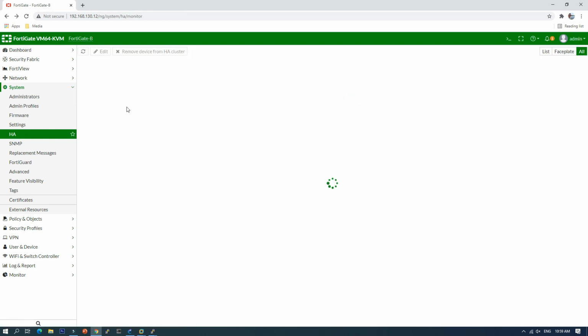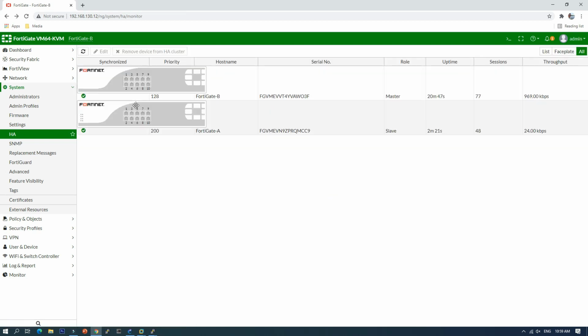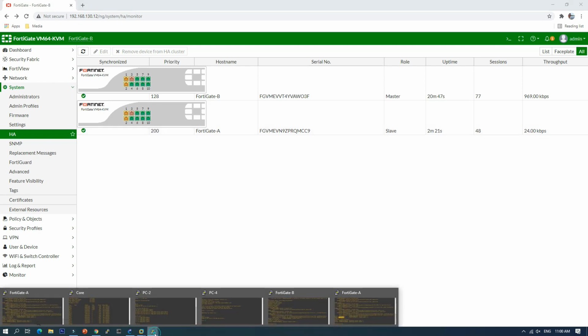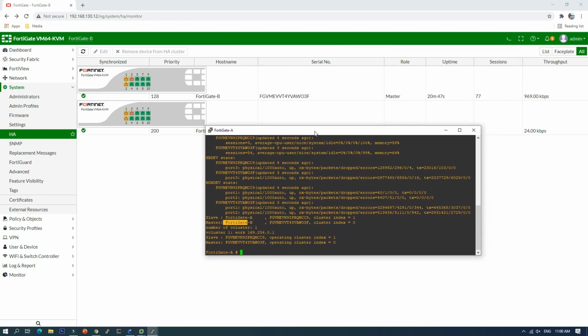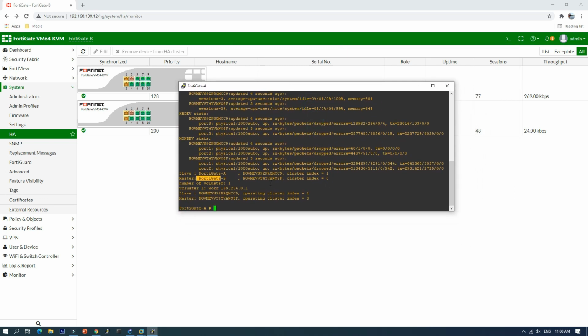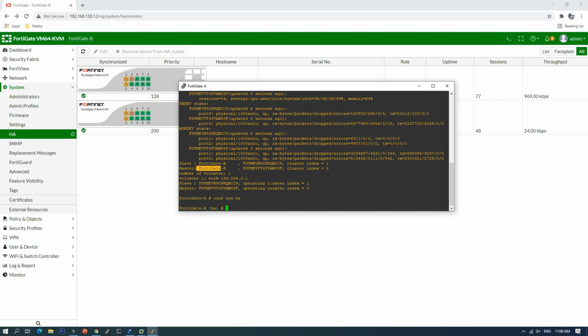Okay, if you want the FortiGate A, when back to normal, to become the master automatically, you need to go to FortiGate A and enable, okay, config system HA.